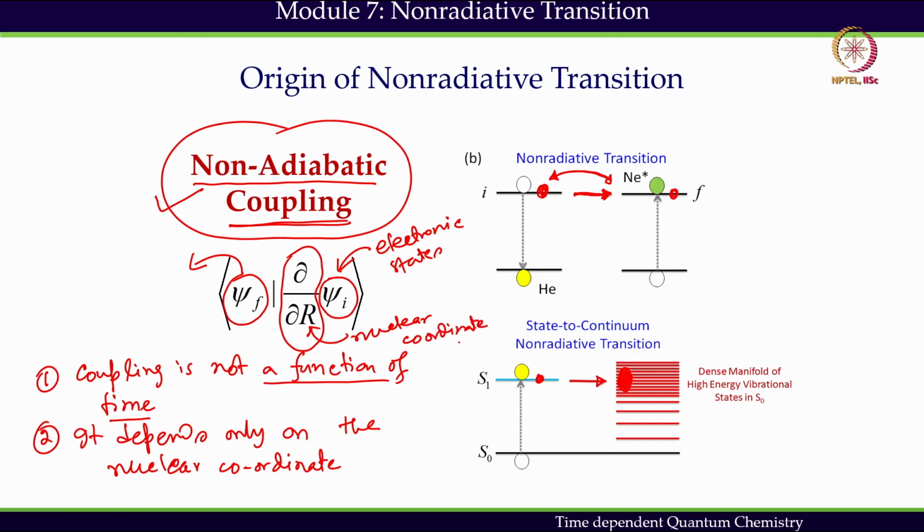So, one particular kind of nuclear coordinate is coupling these states. So, that is why it is not dependent on time, and as a result one can say that it is constant. So, this coupling term can be considered to be constant